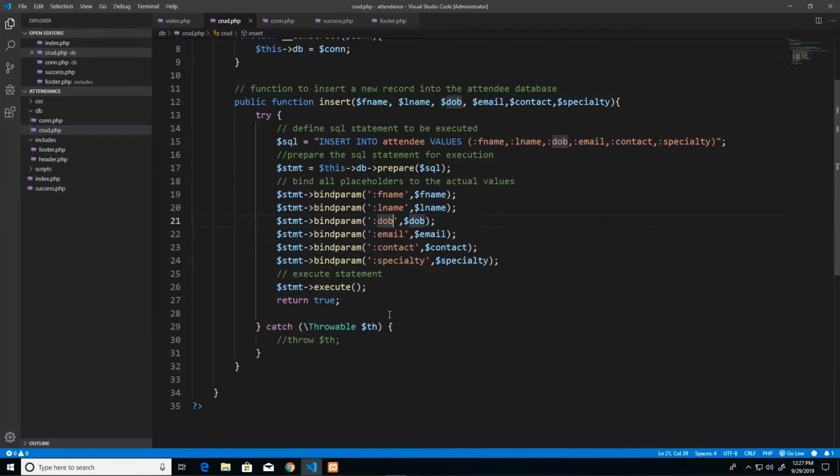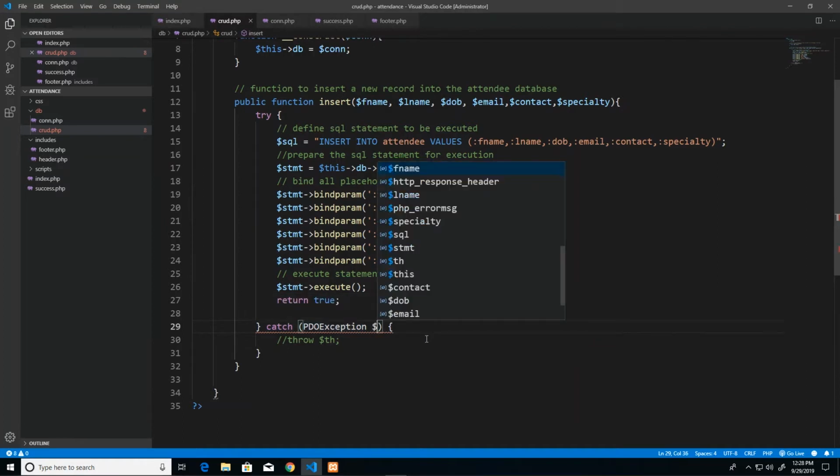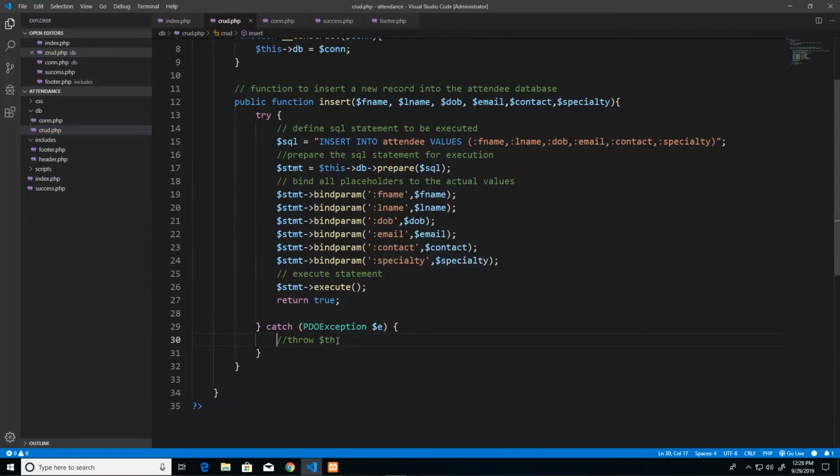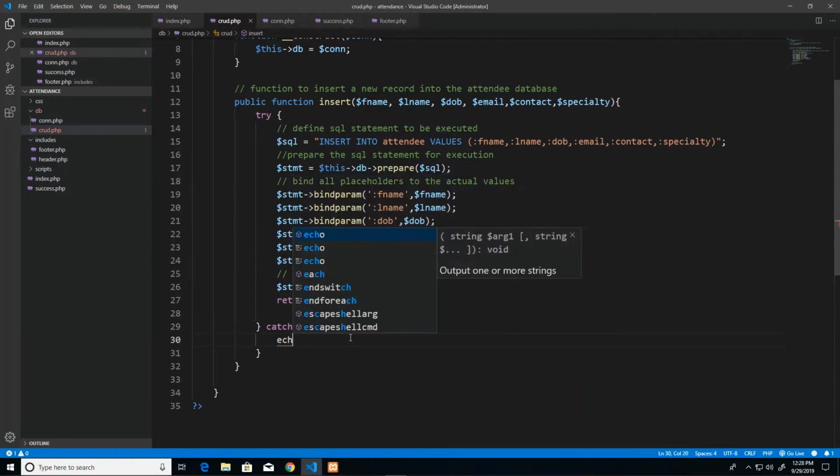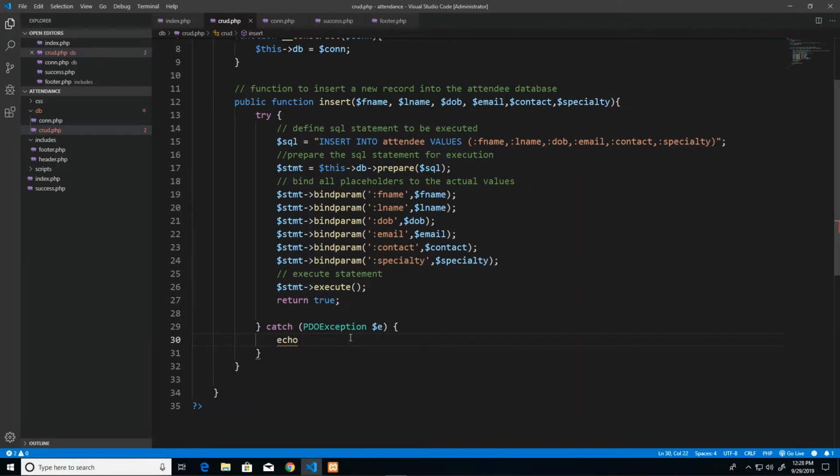Now, on the negative side of the fence, we want to actually handle any error that might come up. And at this stage, we really want to see any error that comes up. So I'm going to replace this throwable th with PDO exception. So remember that we're carrying out a PDO operation here. So the most likely exception to occur is with the PDO operation. And I'm going to assign any error object that comes back to a variable called E. And then what I'm going to do down here is echo to the screen. So I'm not going to throw, because throwing would stop the execution altogether, but I'm going to echo E